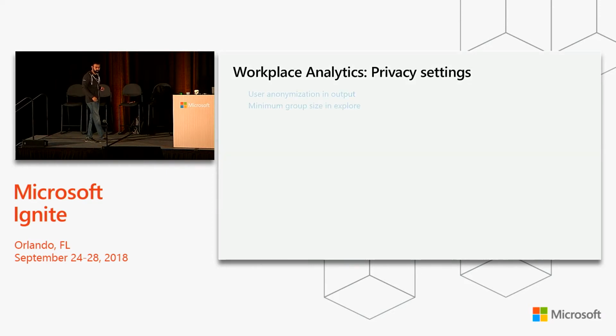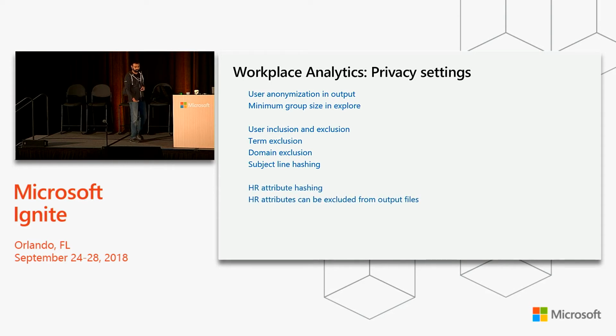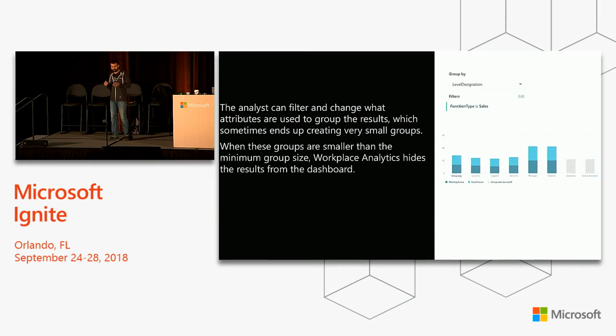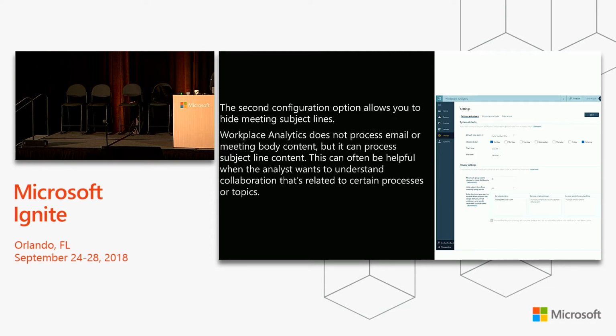Yeah, so let me talk a little bit more about that. You just saw this user anonymization and output. There is no way to get back to who that individual user is. The setting is called minimum group size, and I'll walk you through that and all of these things. So it's never individual data; it's always aggregated. And the admin can use the admin settings page to do this. So let me walk you through what that looks like,